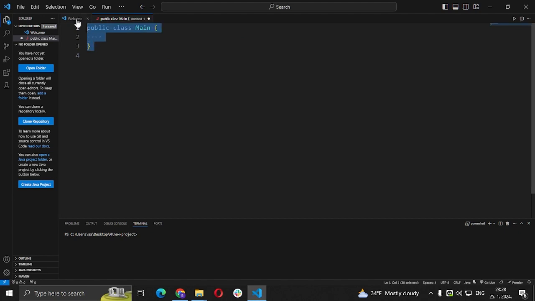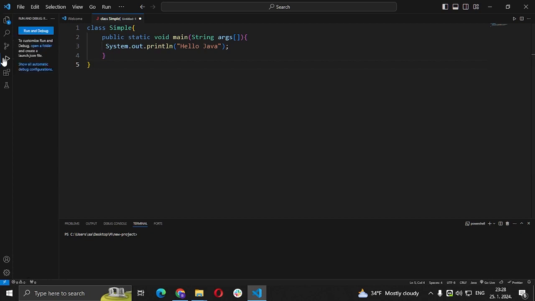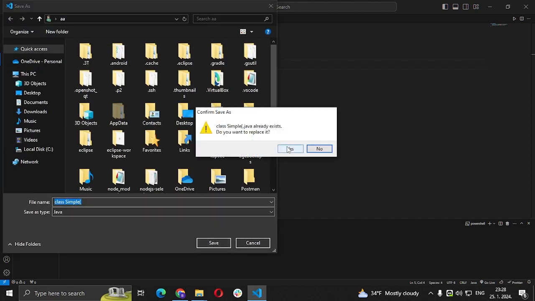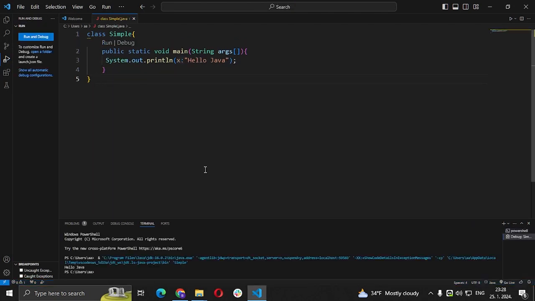I'm going to paste a little code that I found on the internet just so we can see if it even works. Just click run and debug, click save, yes, and as you can see it printed hello Java, which means that we have